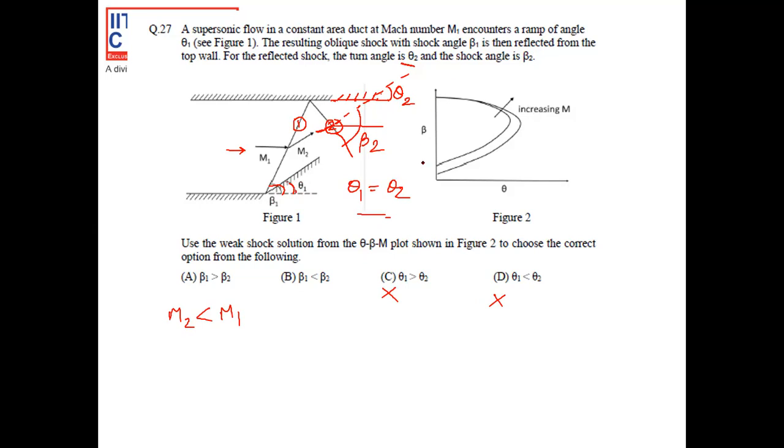From the theta-beta-M relation, the theta-beta-M plot has been given, and we have discussed that M2 has to be less than M1. So this is for higher Mach number and this is for lower Mach number. We can assume that this plot is for Mach number 1 and this plot is for Mach number 2, right? And as we have seen, for both the deflection, the theta deflection angle will be the same. So for the same theta,